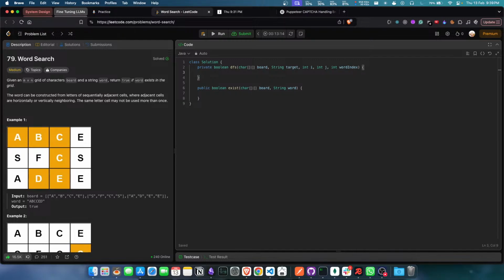So if the target length is reached, return true. Otherwise it will be, if i is